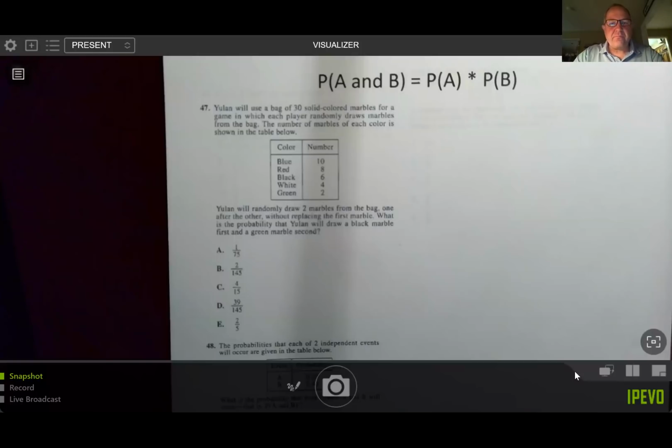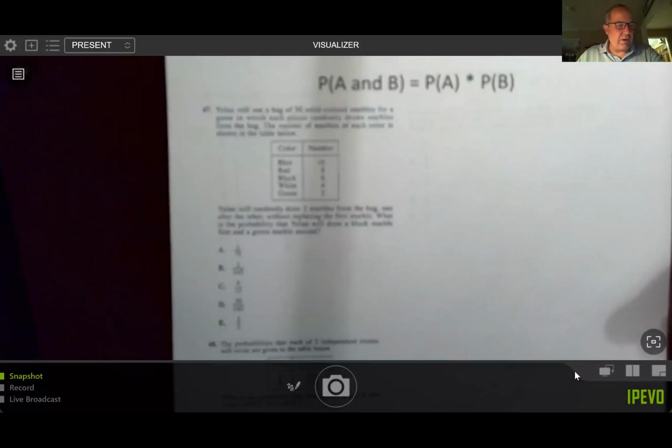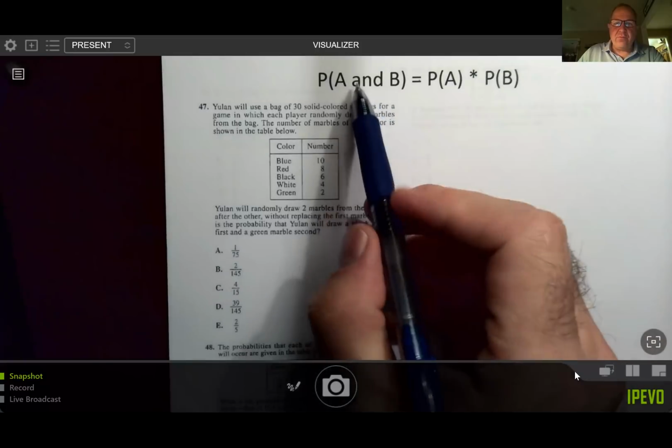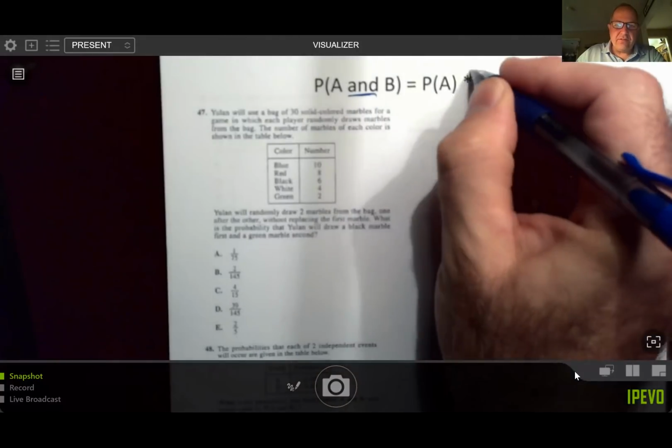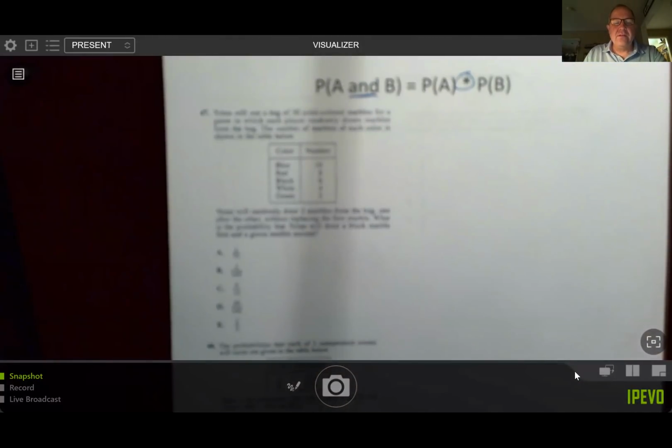Now, probability, we're going to deal with compound probabilities here. And the formula is, you have to remember, like in math class, when we say the word "and" it always means to multiply. So,